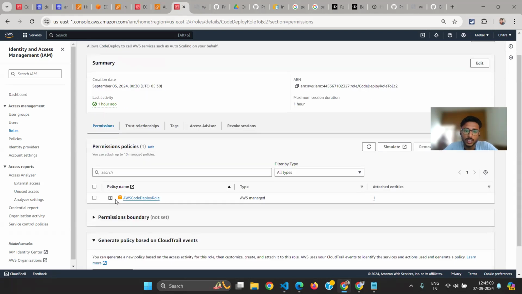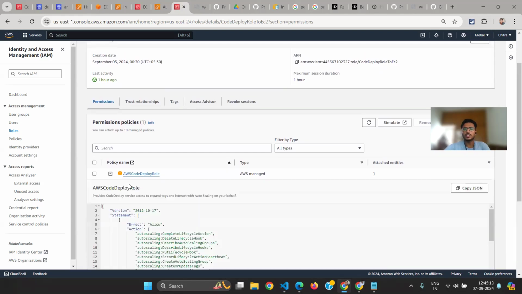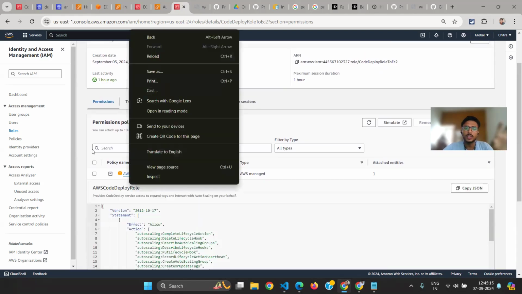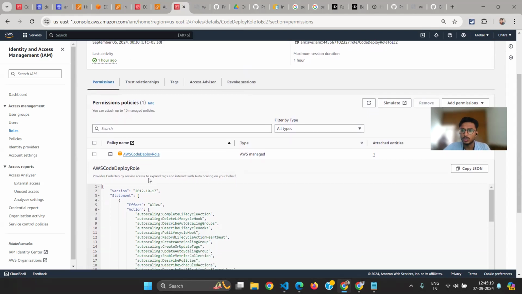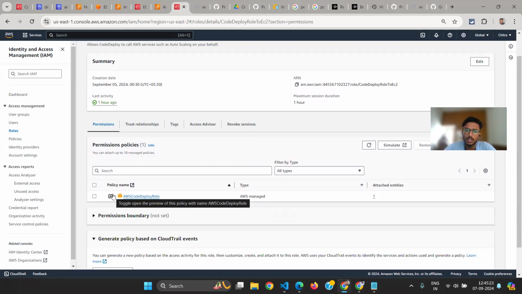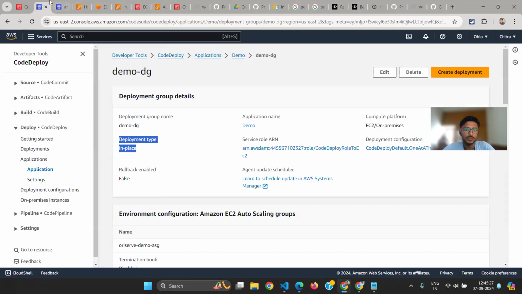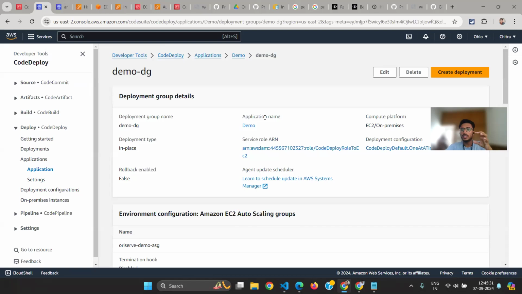Okay, here you can see there's an AWS managed policy for the CodeDeploy role. What this policy tells us is that it has the permission for creating auto scaling, and it has the permission for the EC2 server. So like compute service, it has the necessary permissions for CodeDeploy. So right now CodeDeploy has access to the EC2,